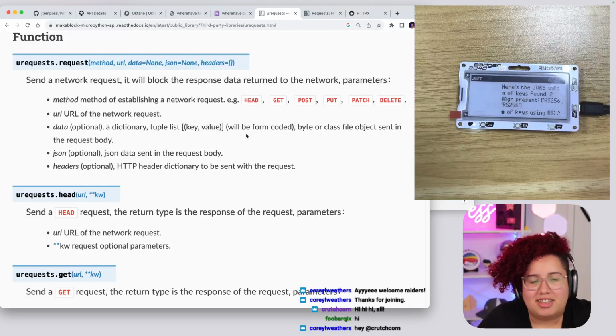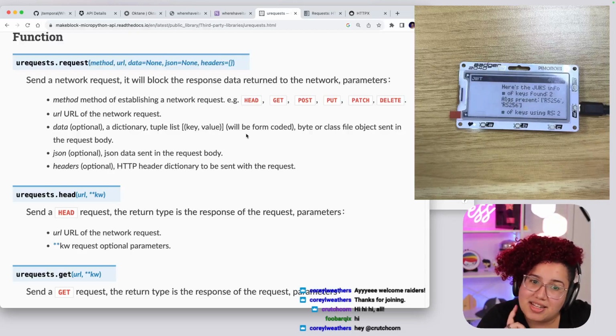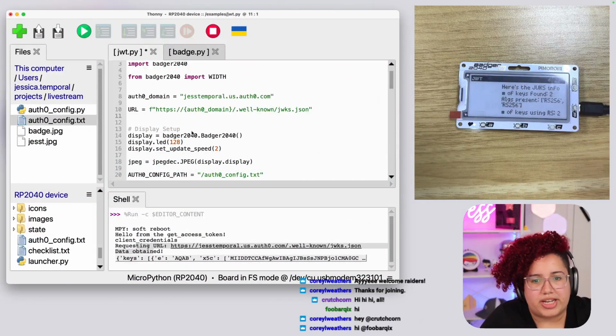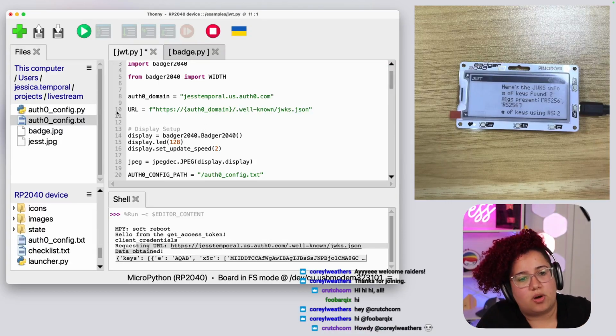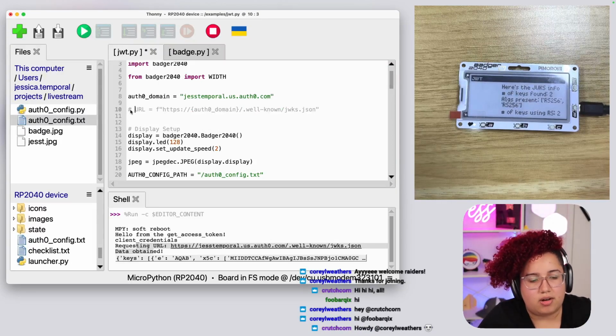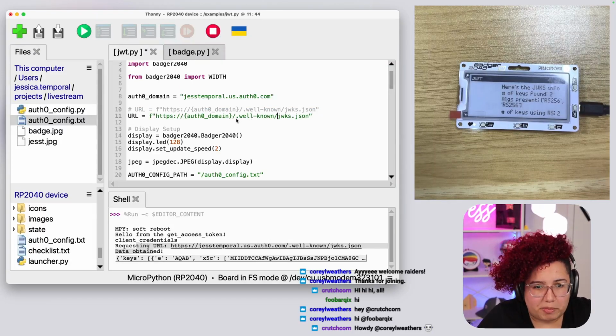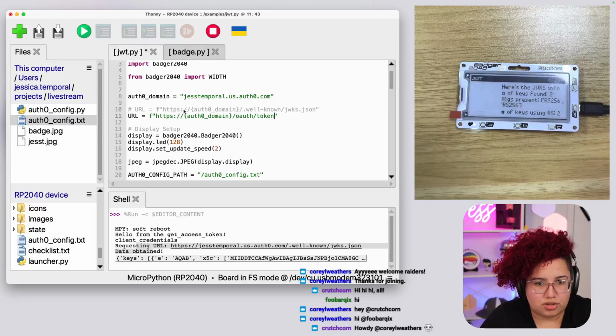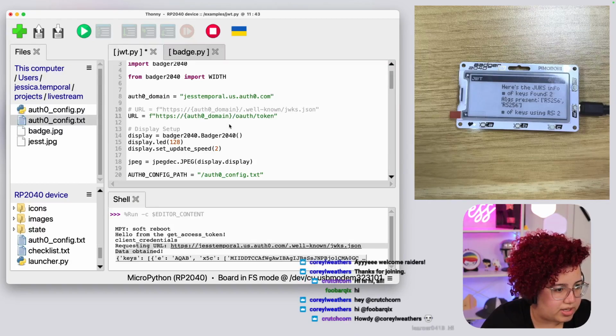Glad you're all here. Okay, so let's go back and let's make this request. So where were we? Oh yes, the domain. Let's fix this domain. I'm going to comment this out and paste here. I love copy pasting stuff so much. Sometimes that gets me into trouble, but you know, /token. And that should make the post request to the Auth0 token endpoint.